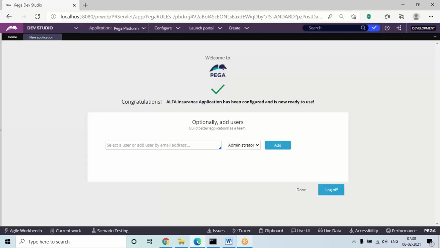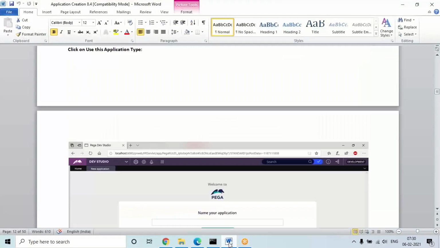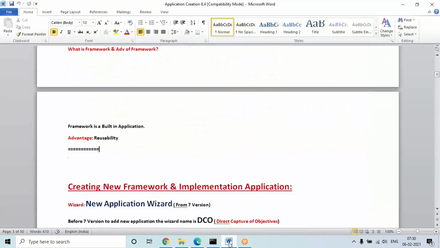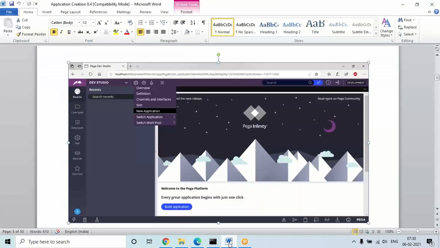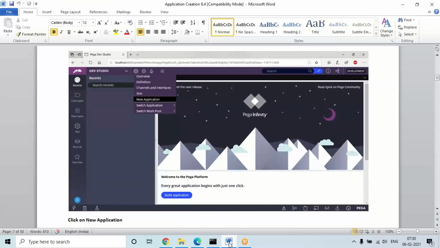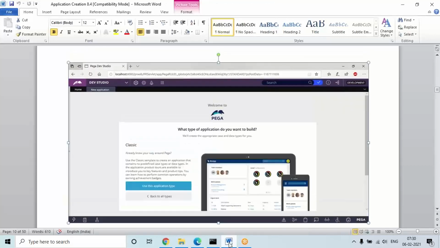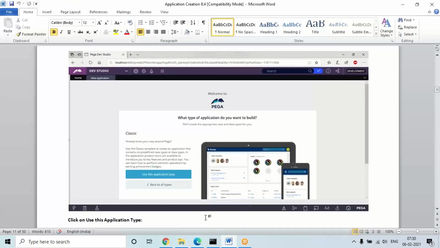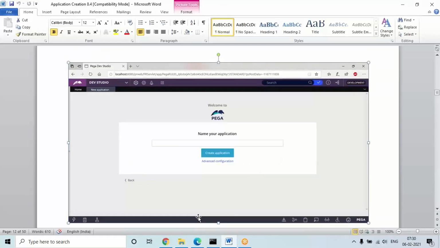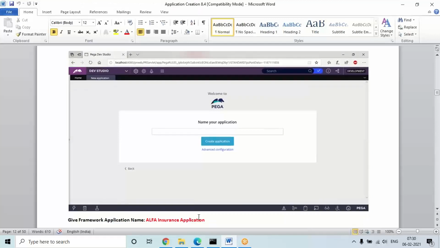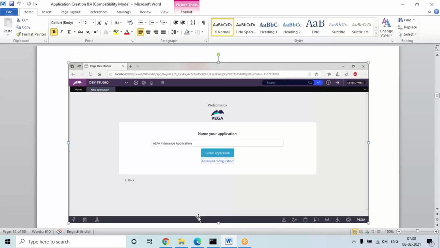Okay, up to here, once again I'll quickly review. First of all, we need to open the new application widget. In this, we choose the application type as classic, proceed with the screens, and choose the option to use this application type. You can give any name. Framework particularly no need to mention, because the structure is already selected, right? Just follow this, that is enough. Framework no need to mention because the structure is already framework. It will create it in the backend.